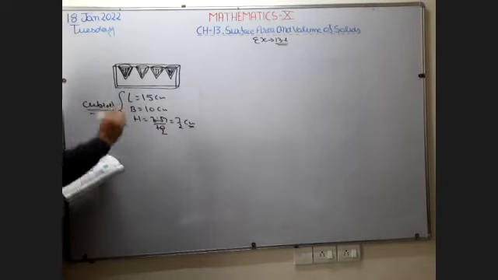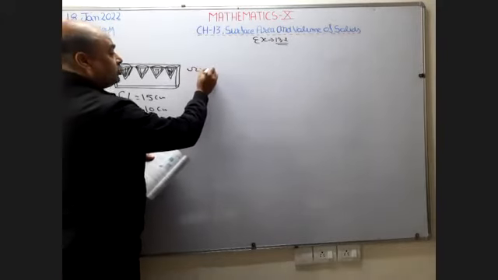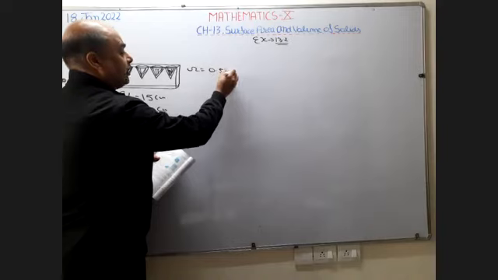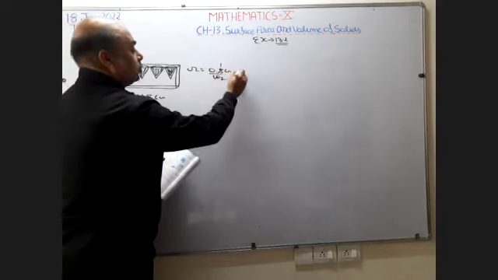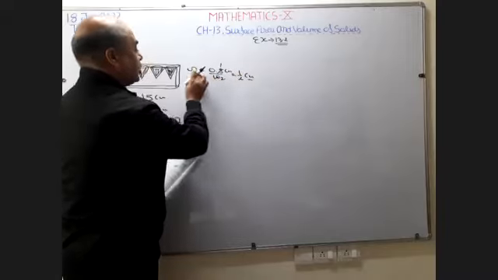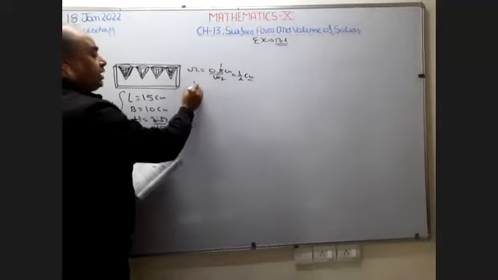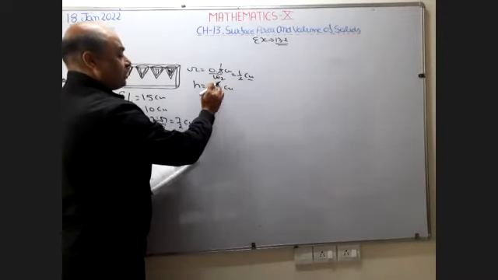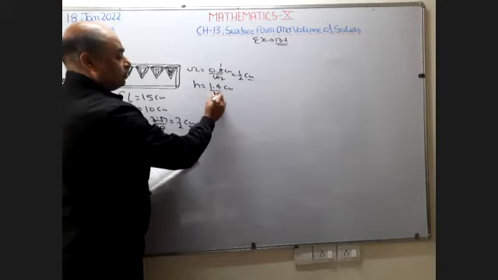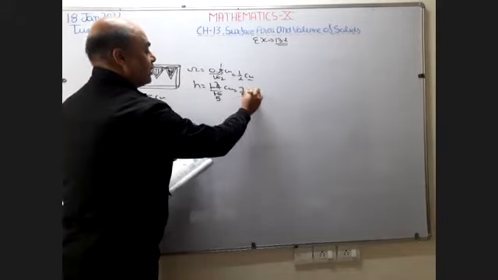Now the dimensions of this cone are also given. What is given? Radius. The radius of this cone is 0.5 centimeter. When you remove this decimal, this is going to be 1/2. So 1/2 centimeter is the radius of this cone. And the height of the cone is also given, which is 1.4 centimeter. Remove this decimal also: 5 2s are 10, 5 7s are 35. So 2 7s are 14, so this is going to be 7/5 centimeter.